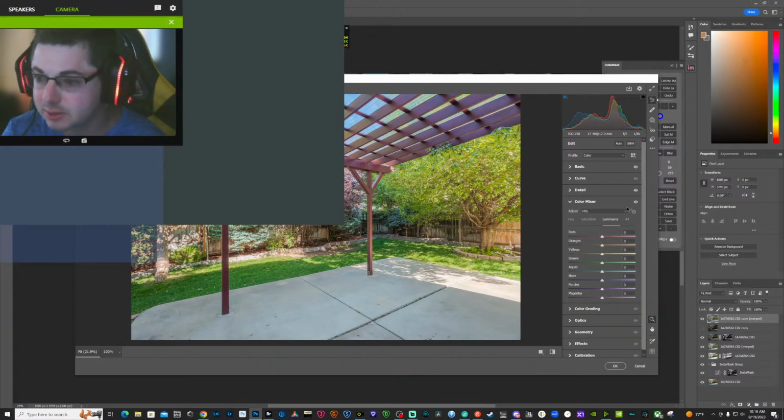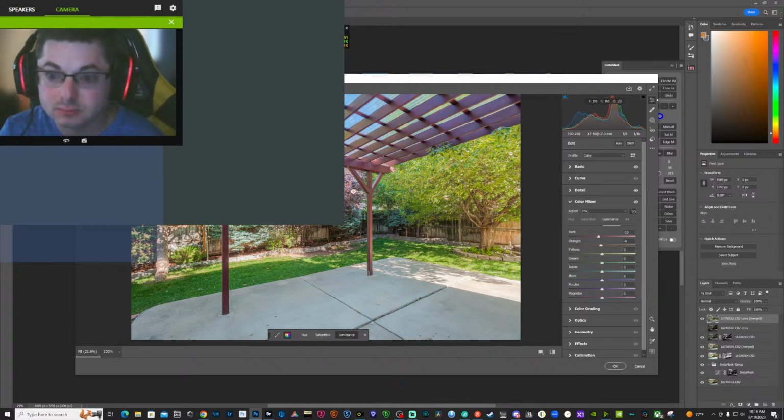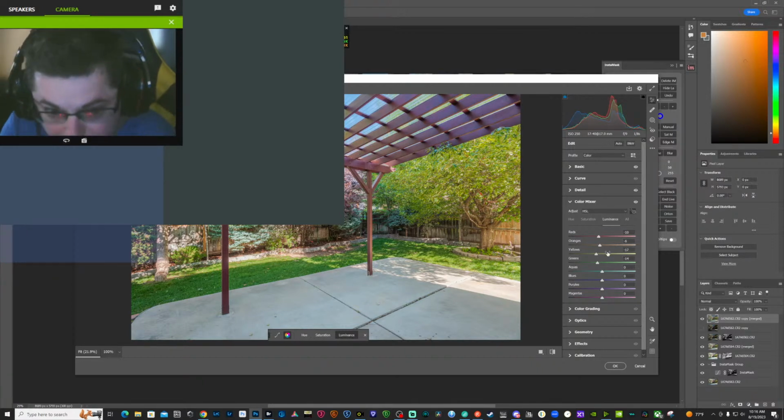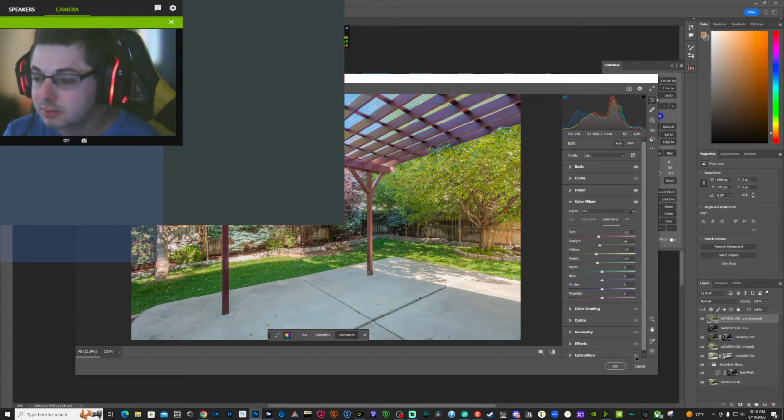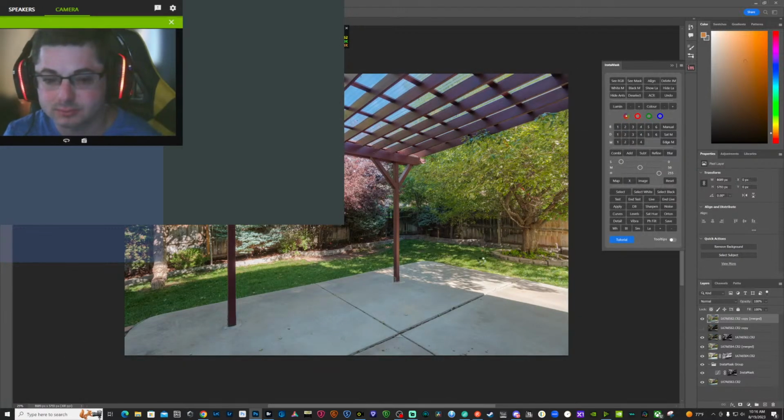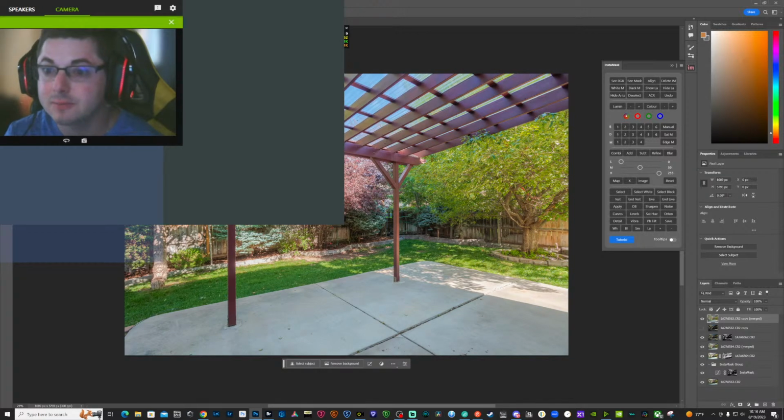Back a little bit of luminance and reds here. Yellows a little bit. Pull a little bit of that back. That looks good to me. Let's save that out.